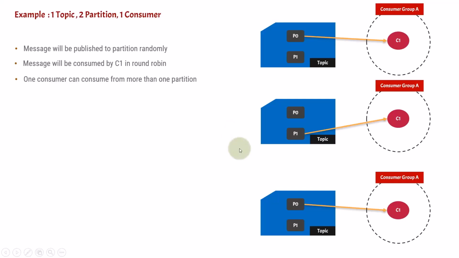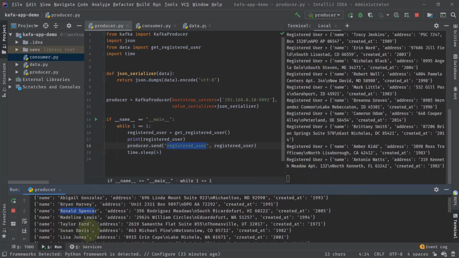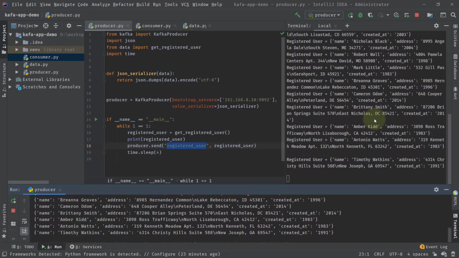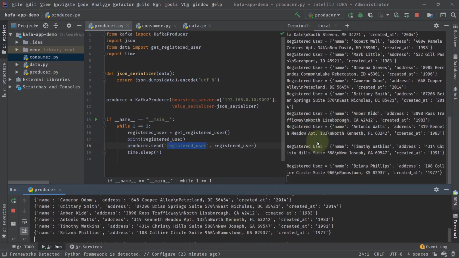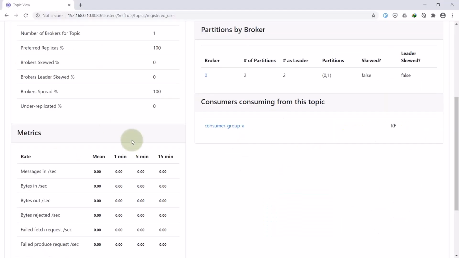The first thing is what? We can verify by counting the messages which are coming here. So let's say every time the message is coming here, it is getting printed here. So it is getting published here and it is getting printed here. So this is a view that you can say that okay, it is getting published, but now I'm going to prove it from the Kafka manager.